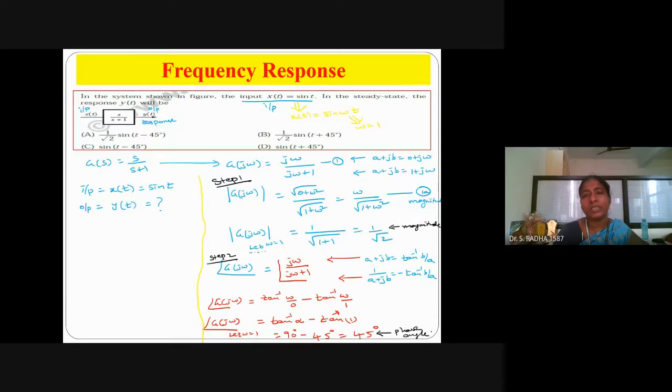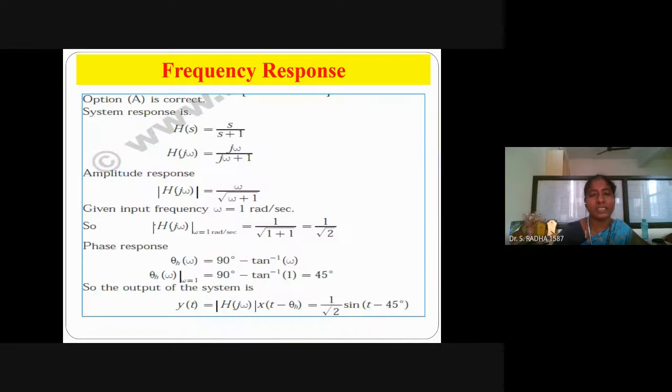Thank you very much. That doubt was very helpful. Otherwise, I would simply have gone in my own way. So omega equal to 1 is available in the question itself, and we have to take omega equal to 1. Now input is given as sine omega t, and output is the same sine omega t, with the magnitude coming from the G of s, and the angle, the delay, is plus 45 degrees. So option B is the correct answer.